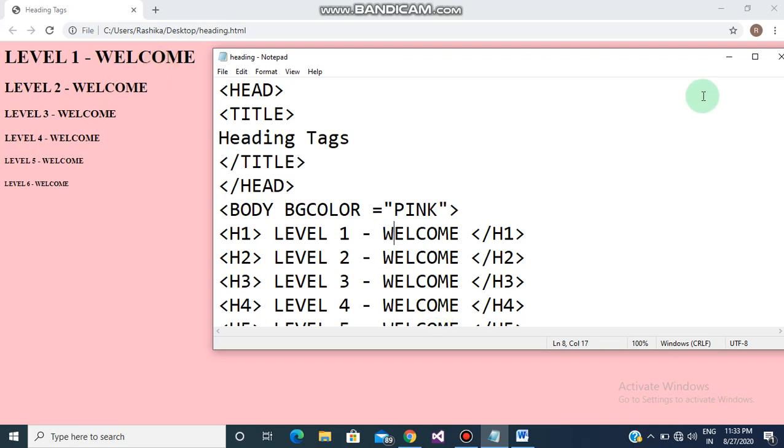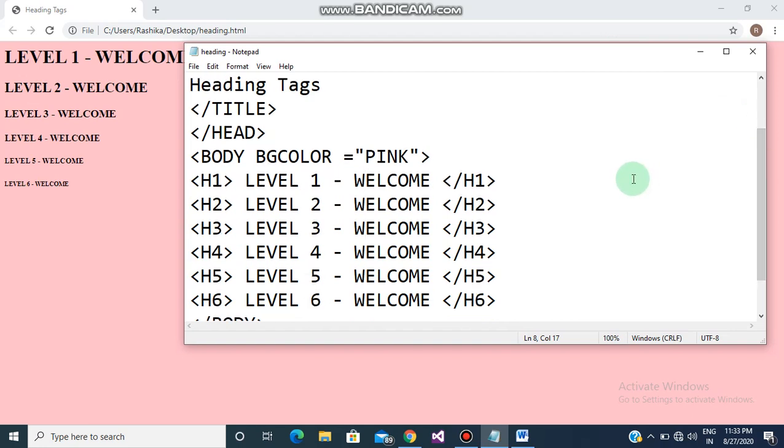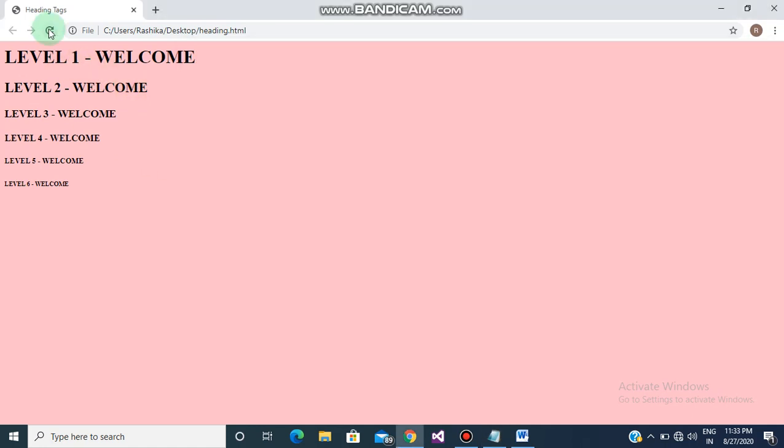Now as we have discussed, these tags need not be used in a hierarchy, which means you can use them in any sequence that you want, okay. Say I want to use heading 6 over here, okay. Let me just change it, let it be level 3 and this 6, okay. Control S, and then you need to come to this page and reload the page.